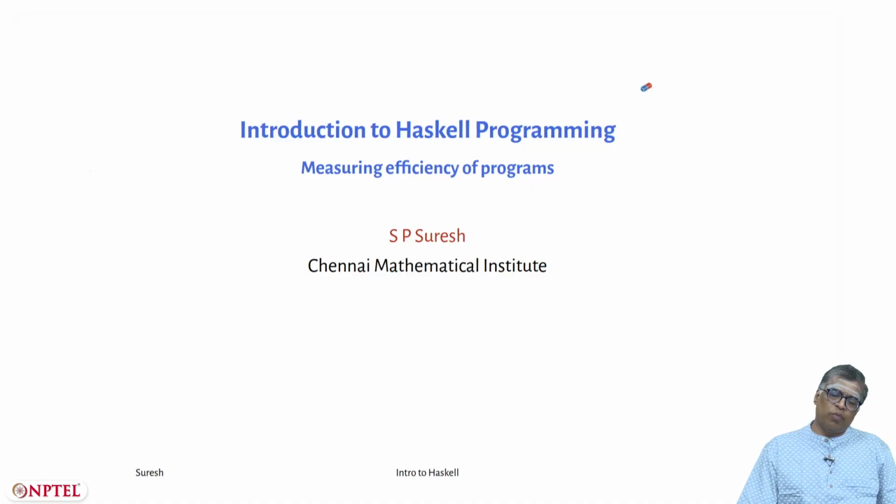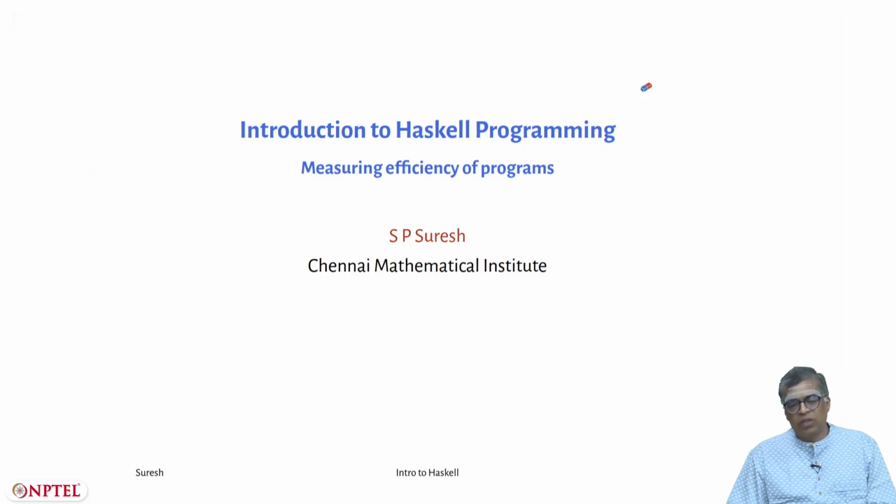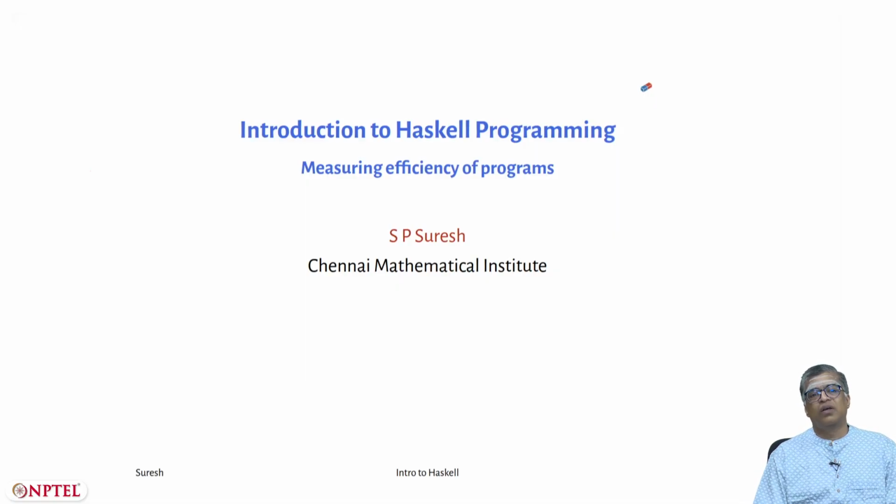So far in this course, we have been looking at various features of Haskell, how you can use Haskell to do basic programming tasks. We have looked at various things like defining functions, defining your own data types, input, output, and so on. It involved a lot of specific features of Haskell. That is what we have been seeing so far. We can solve nice problems, and with whatever we have learned so far, we can already do quite a fair bit of programming. We have seen how to program with lists, which is very powerful.